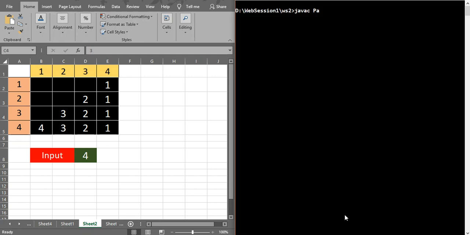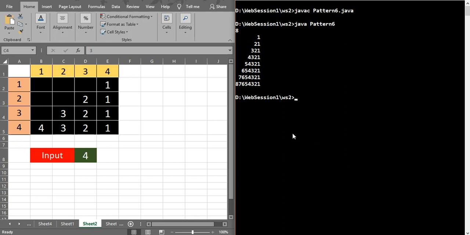Pattern 6, pattern6.java. I'm giving the input as 8. You see the output, so it is printed in reversing order.